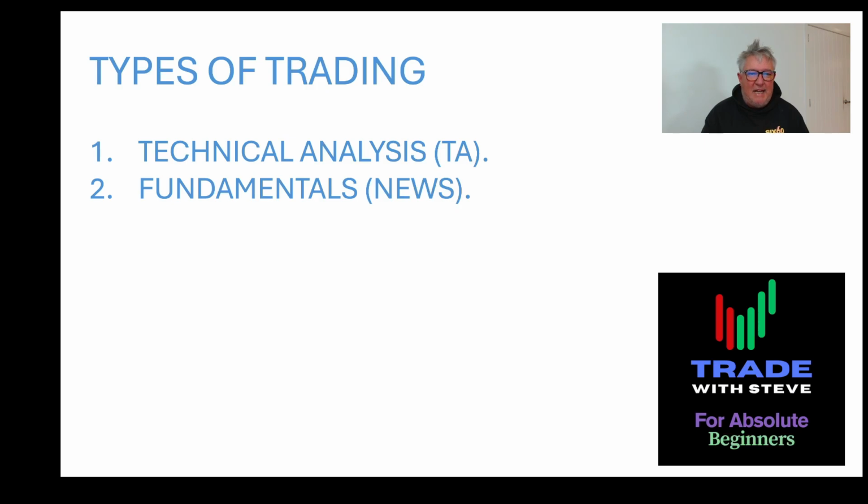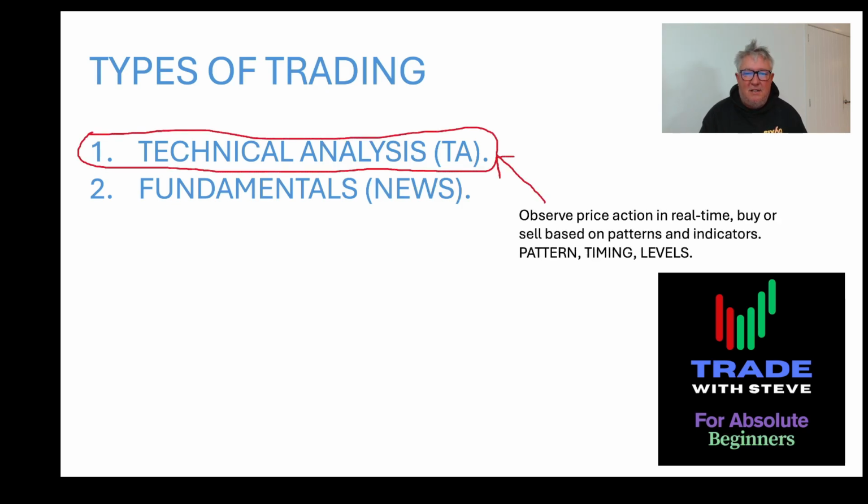Types of trading. People use either technical analysis, what they call TA, or they trade the fundamentals, which is mainly the news and what's happening in the world, what's happening in big economies and big announcements, a change in president or a change in interest rates or big announcements coming out of the Fed. Some people trade those news events, but what we're going to focus on is technical analysis, and what that means